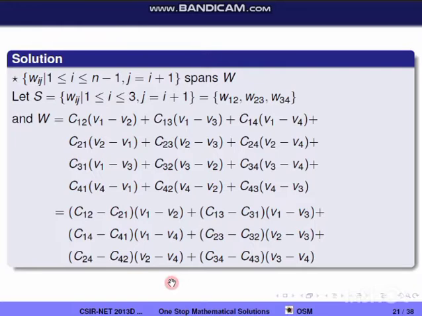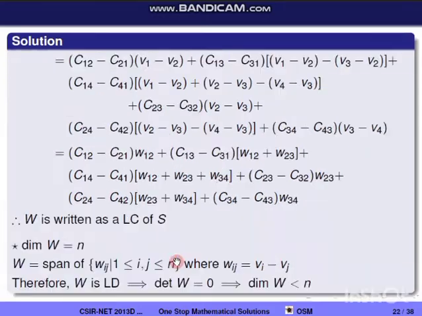So for that I am adding here V2 and subtracting V2. Here I am adding V2 and subtracting V2 and adding V3 and subtracting V3. Here I am adding V3 and subtracting V3. So we will get like this, that is C12 minus C21 into V1 minus V2 plus C13 into minus C31